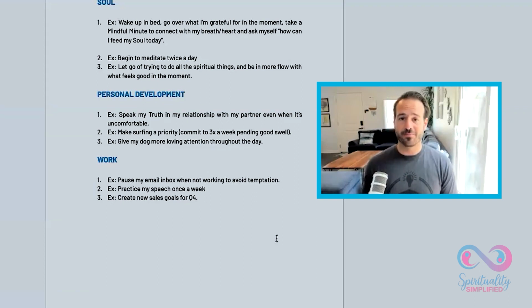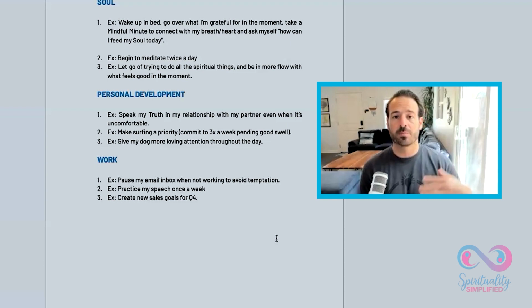So you know how most of us will scroll on social media mindlessly and we just don't even realize we're doing it. And then finally we're like, I've just been scrolling for a few minutes. What am I even doing? And then you put your phone down, hopefully, right? Well, I do that with email as well. I'll just kind of go on my phone and be like, did I get a new email? And I am able to break that habit by pausing my inbox so that no new emails come through.